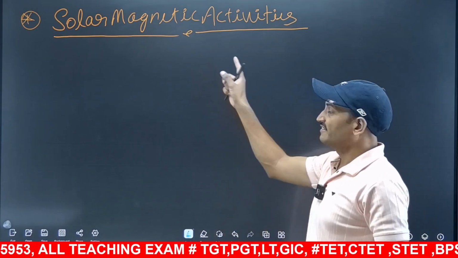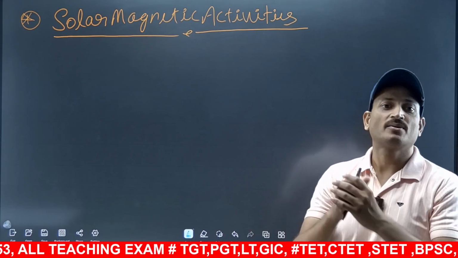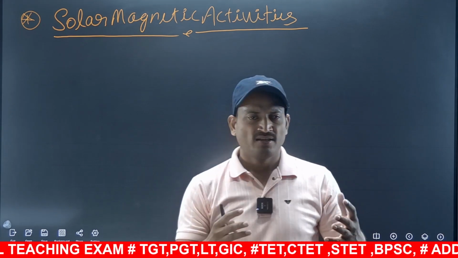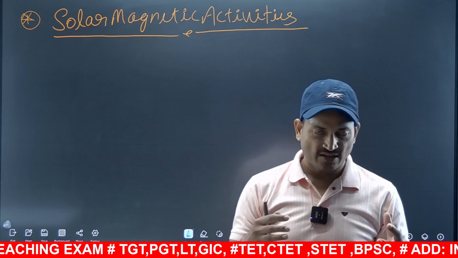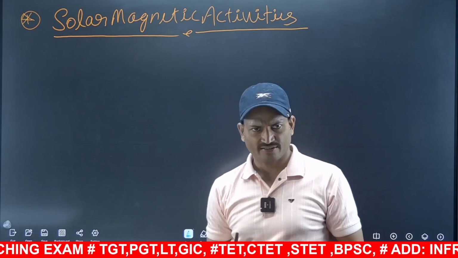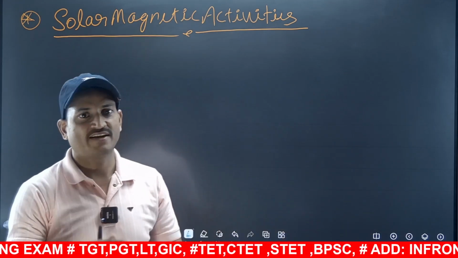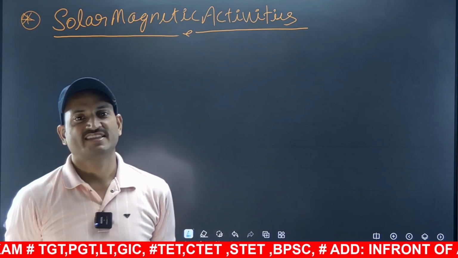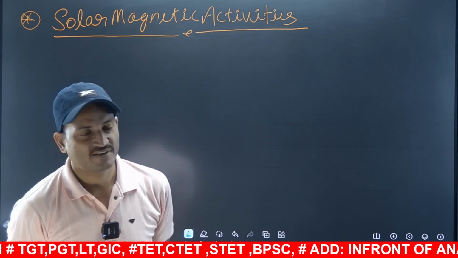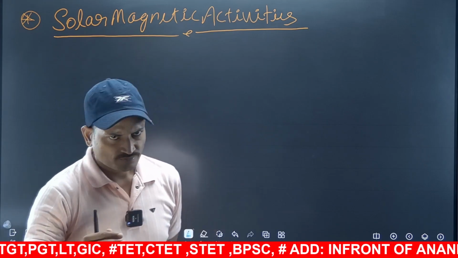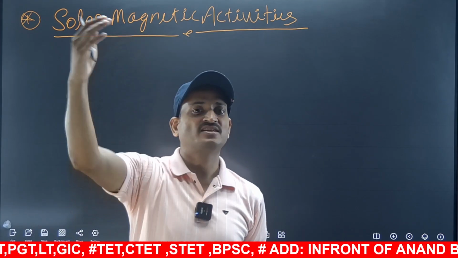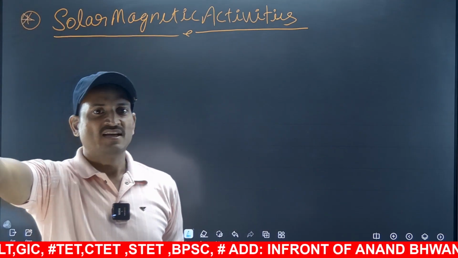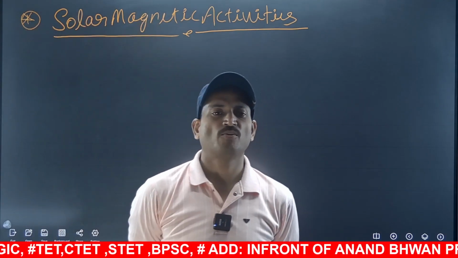As we know, celestial objects have magnetic fields. There is a magnetic field of our earth as well, and we are getting various advantages out of that. We'll be looking here at the various advantages of the earth's magnetic field, which protects us from various types of charged particles at the outermost layers of our atmosphere, at the magnetosphere.